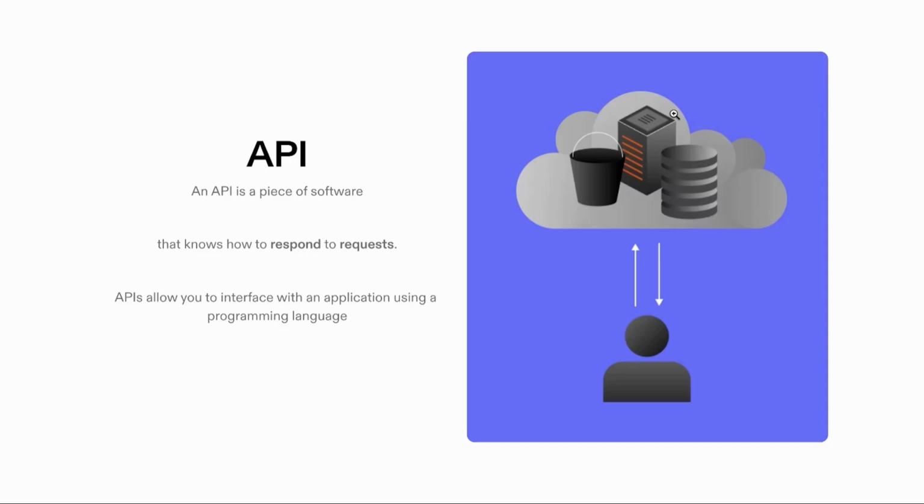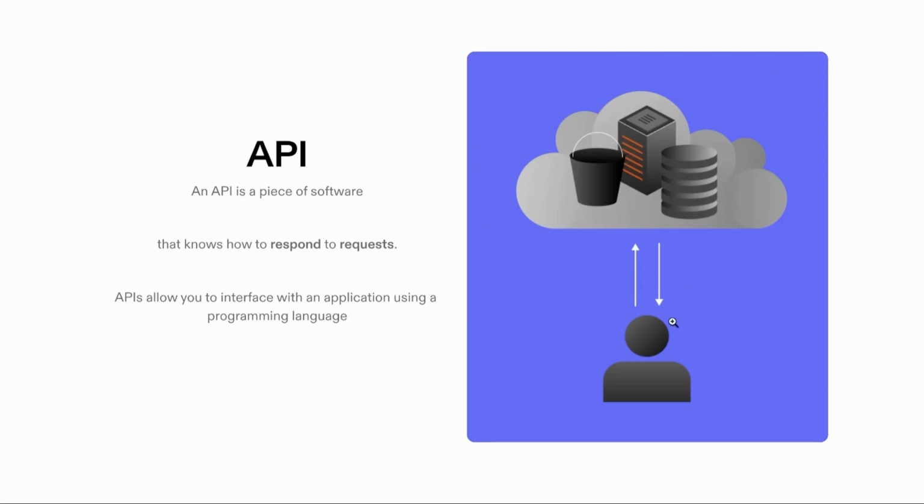But APIs appear in all kinds of places across the software engineering landscape. Basically every big company has an API. There's a YouTube API, which is just a computer running in the cloud that YouTube owns. You can send it a request to upload a video or to change your password or whatever. So when you're interacting with YouTube on the internet, what's happening behind the scenes is your computer's making a request to the YouTube API and sending back a response, which satisfies that request. Basically, any company you can think of has an API.